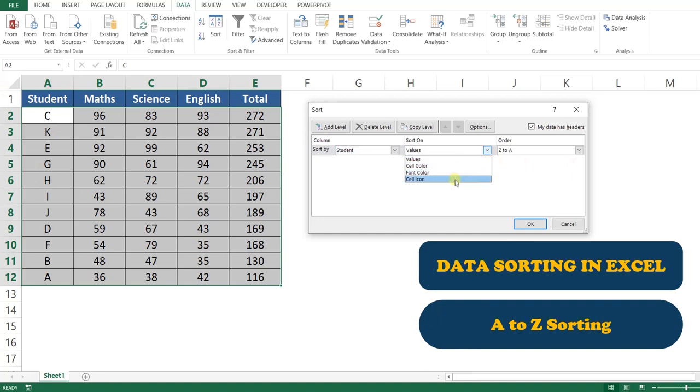Okay, there are different types available here like values, cell color, font color, cell icon, but we have to click here values because we don't have any cell color, font color or cell icon available on our data.